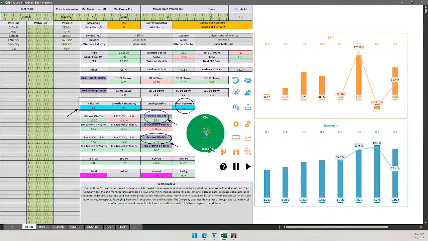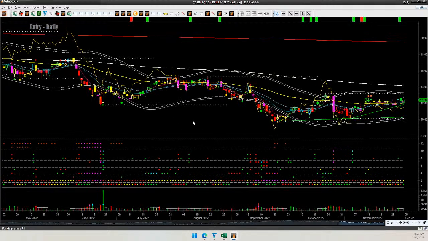In fact, stronger than Arconic. Does it have a low risk buy setup? Let's find that out. Single click to open the chart in Q Global. You could open it in Q Elite also.